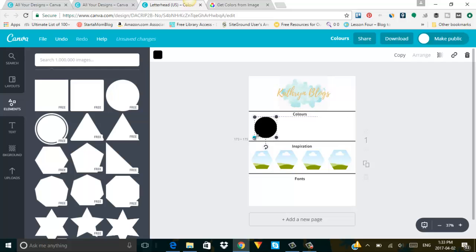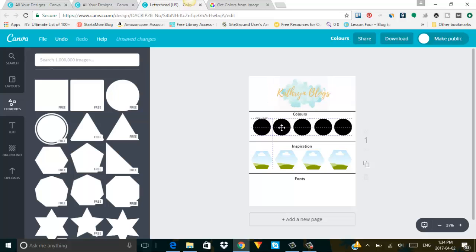And depending on how many colors you want, again, you will decide what size you want. Most people have 4 or 5 different colors that they like in their color scheme on their website. Okay, now that we got our color shapes, our inspiration elements, and then we'll write our fonts down here. There we go. Okay, so now we got that